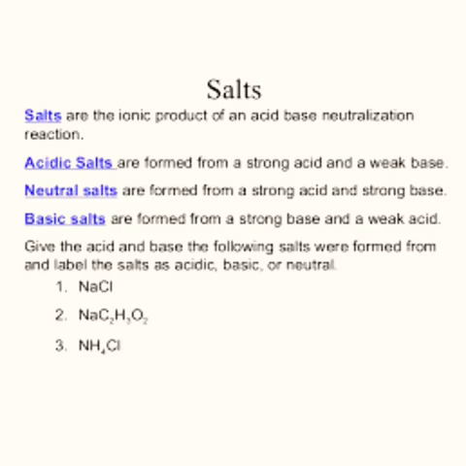So, the general definition of a salt is that it is an ionic product of an acid-base neutralization reaction. Salts are generally divided into three types: acidic salts, neutral salts, and basic salts, depending on the acid and base reacting together. So, depending on the pH of salt, salts are divided into three. They are neutral salt, acidic salt, and basic salt. So, which topics did we study now? They are definition for salt, family of salt, and pH of salt.